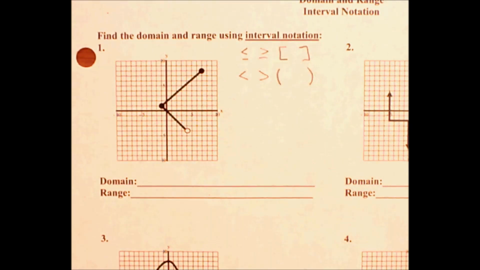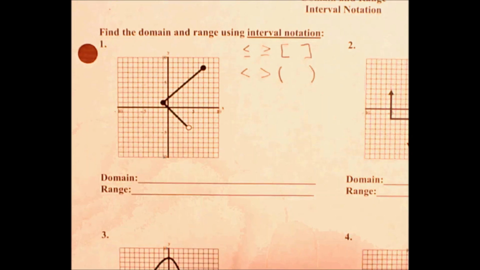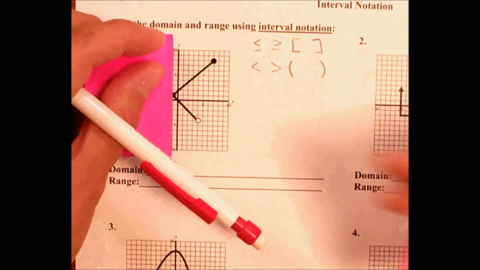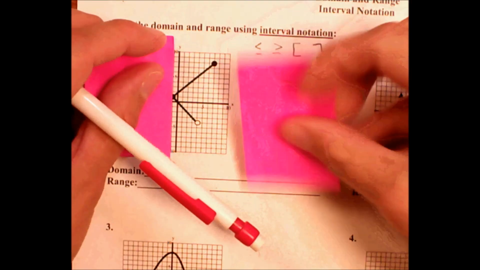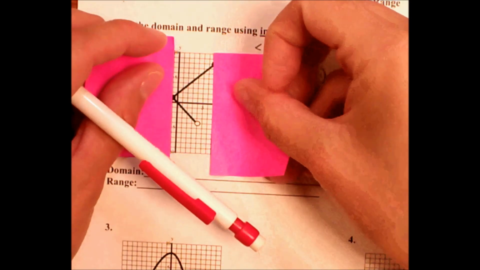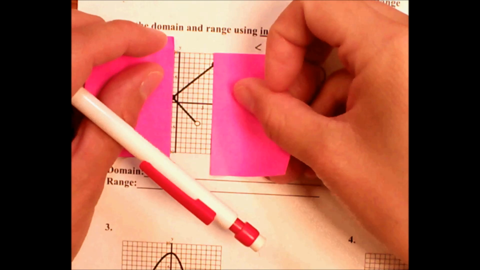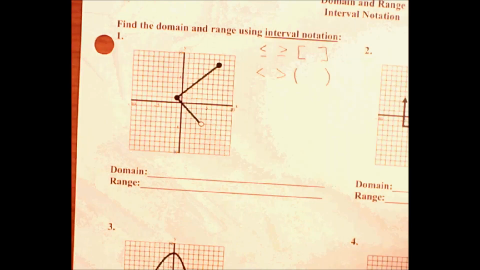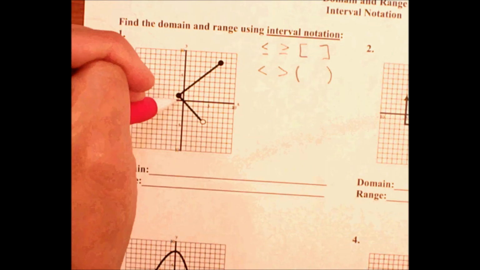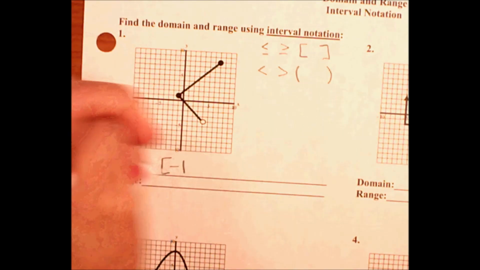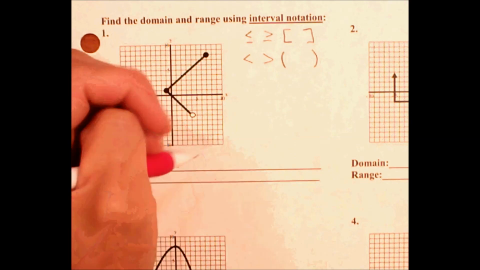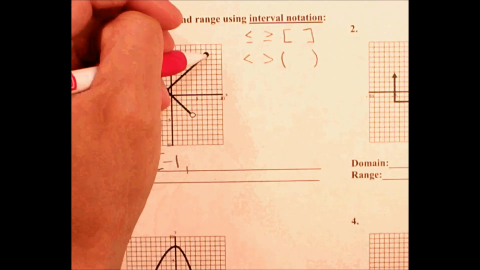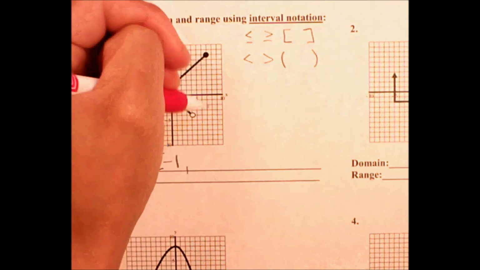So on this first one, on the domain, remember left to right, we're seeing where we start on the left, and where we end on the right. And in this case, it's both solid dots, here and here. So therefore, we are going to start at -1, bracket, since it's solid. And this time, we're going to put a comma showing that it's going to stop at this value here, which